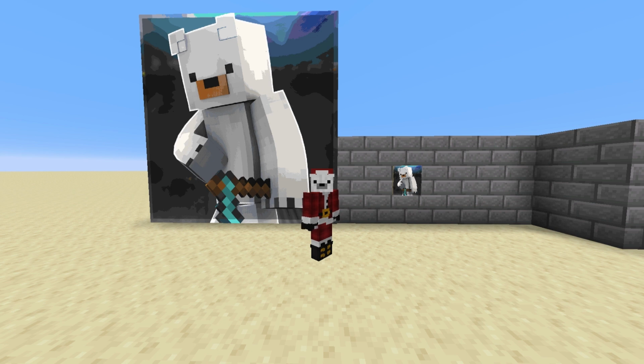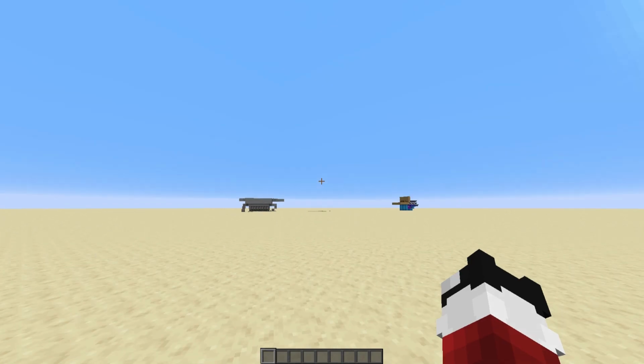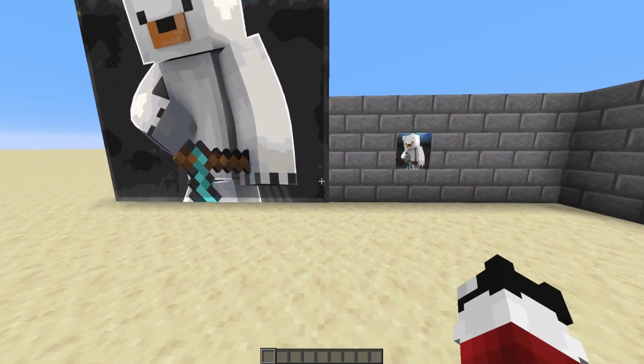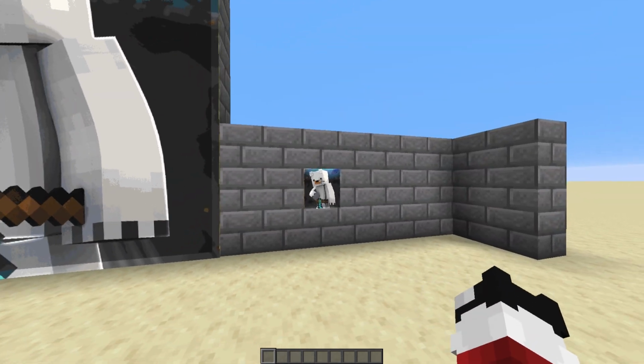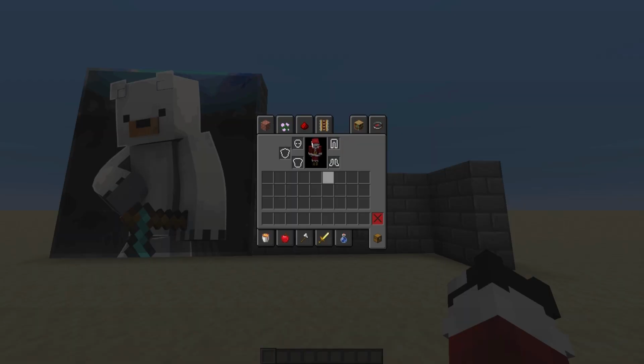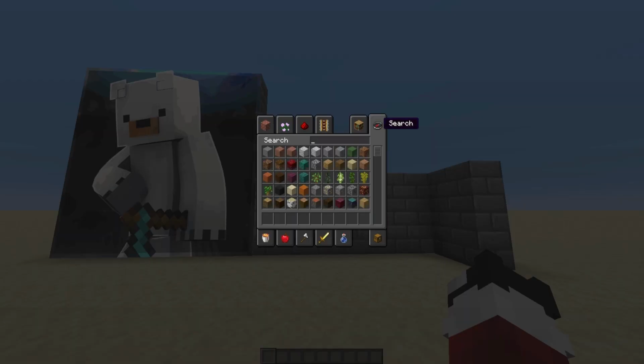Okay, to start, we need to grab out our map. Now there are multiple ways you can do this. You can do it the huge way, but this is 7x7. Oh, there's a little bit of a dot there. Or you can do it the small way. I'm going to be doing it the small way, and I'll show you guys how to do it the huge way. So start by grabbing out a map,